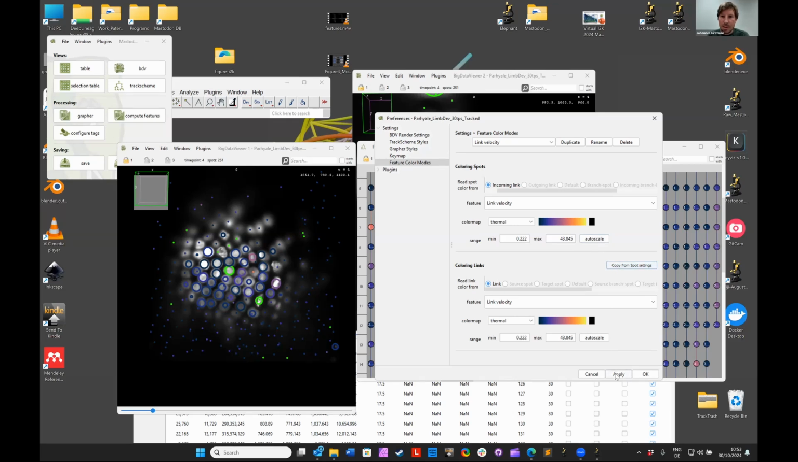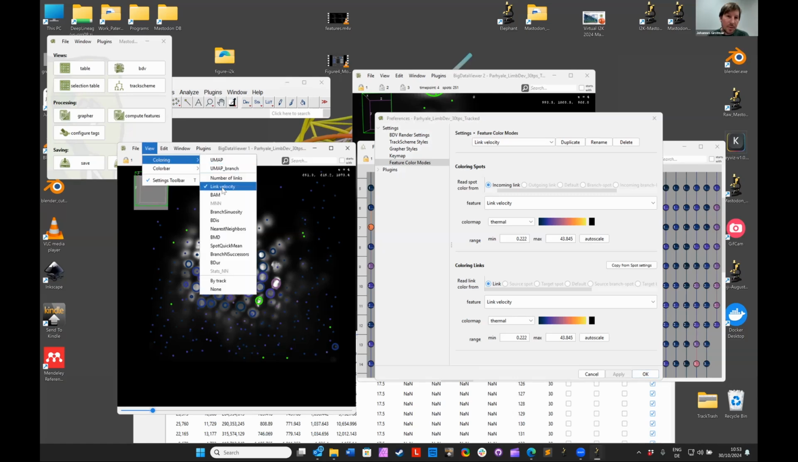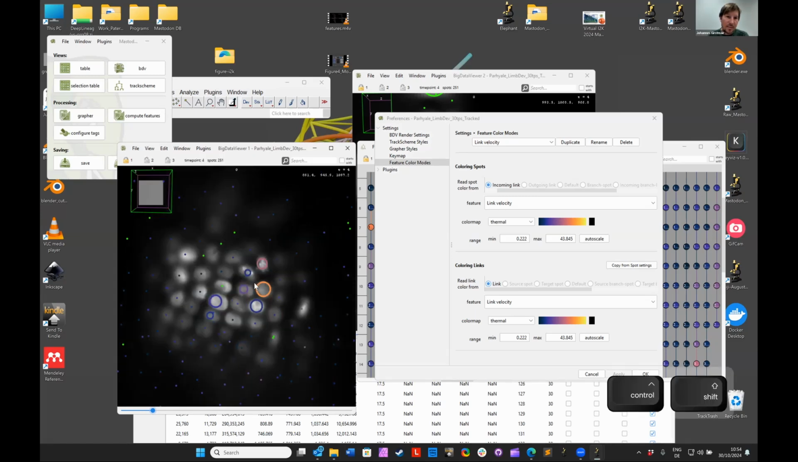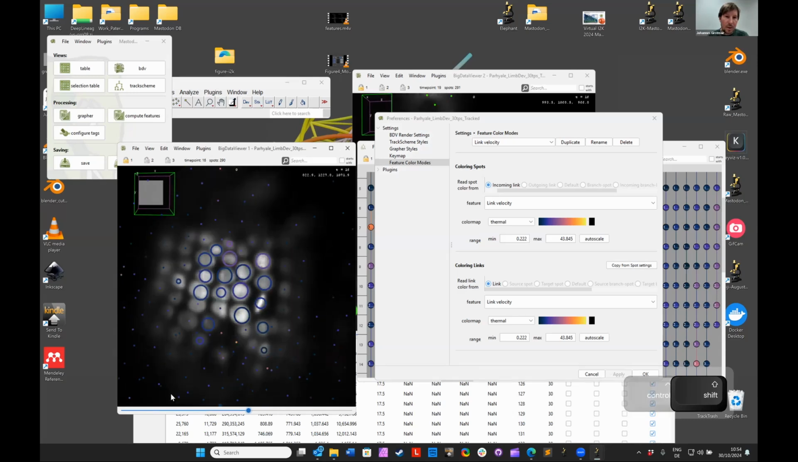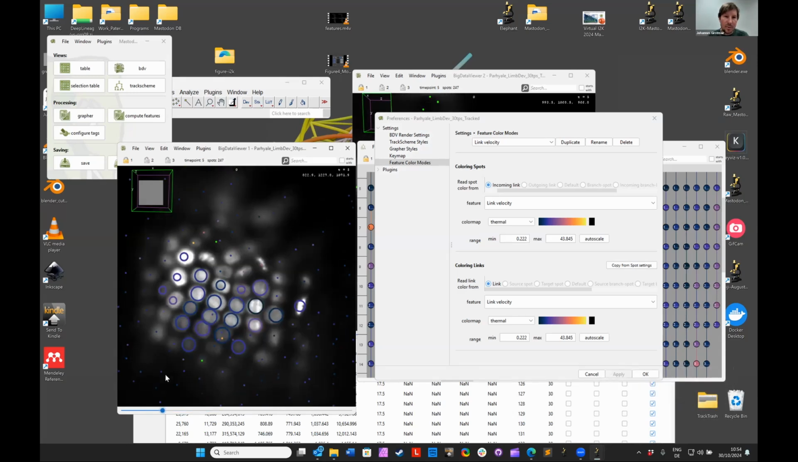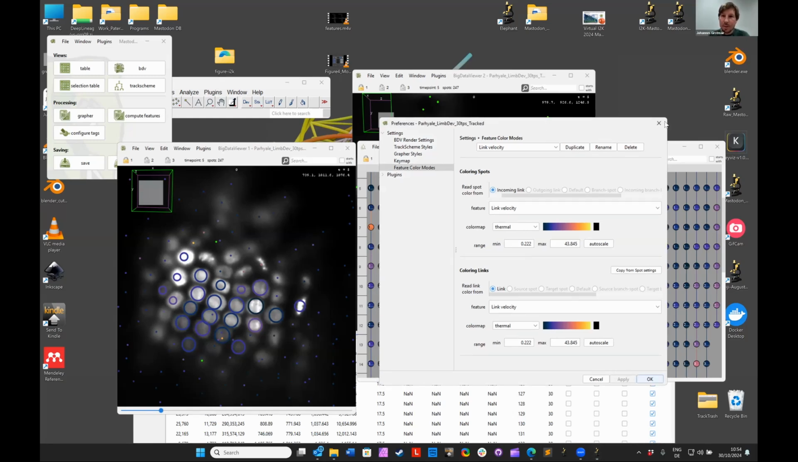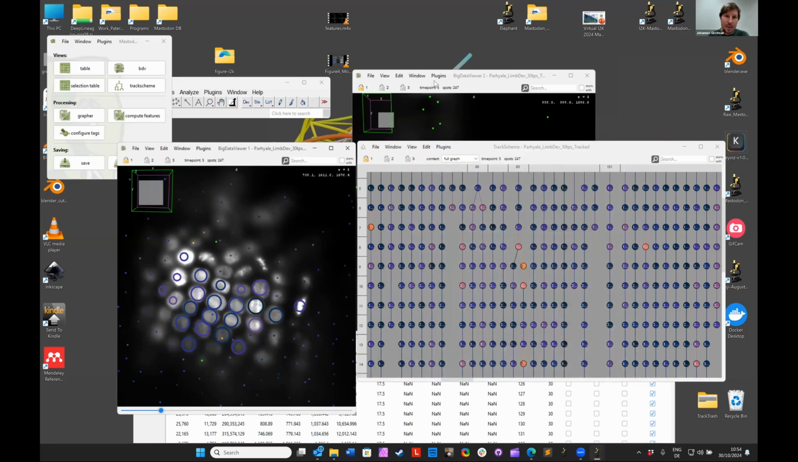And then you can apply this. And this is how you then get basically to the link velocity that we have here already selected. And that's, of course, nice for exploring your data, where are the cells moving fast, where they're slow. And now I want to show you how you can also look at this in 3D. So let's close this and